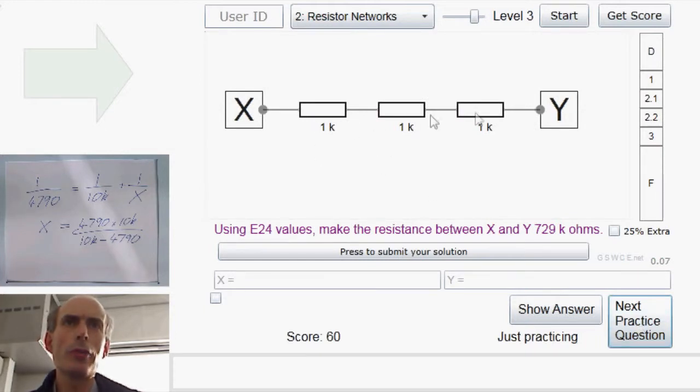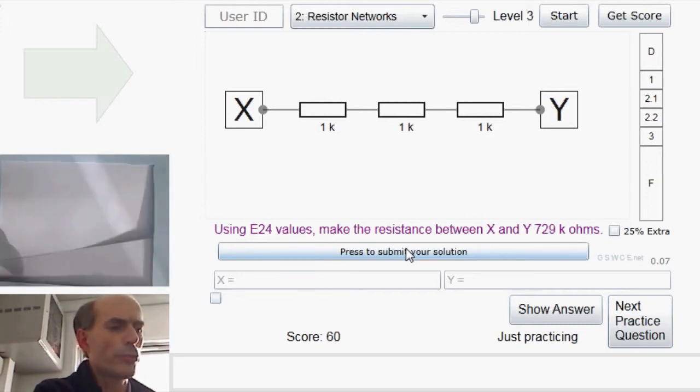Okay, here we've got three resistors in series, and again you can't move them, but you can change their value. And it's asking you, using E24 values, to get a total of 729K. Again, you need to know what the E24 values are, and then solve this puzzle. What three of them can you add together to get 729K? Well, there are several ways to do problems like this,